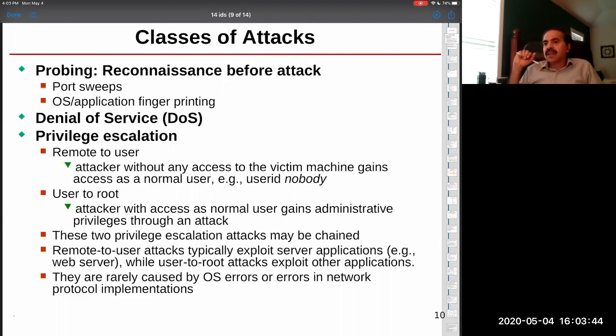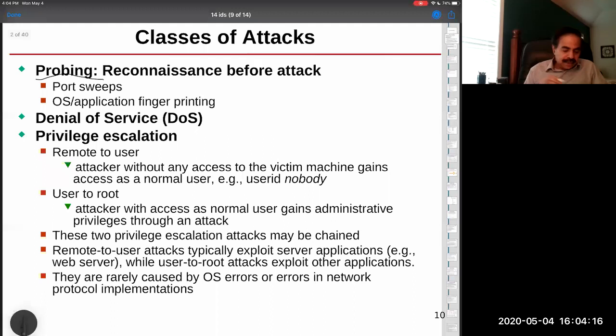But many times, you cannot stop all attacks, and then intrusion detection is sort of the method of last resort that is used to at least detect attacks that get through all other defense mechanisms you have put in place. So just a little bit of background when we talk about attacks. Attacks are generally divided into three main categories.